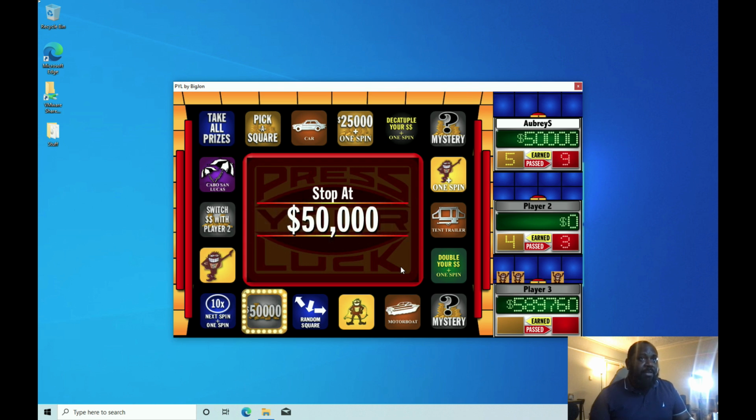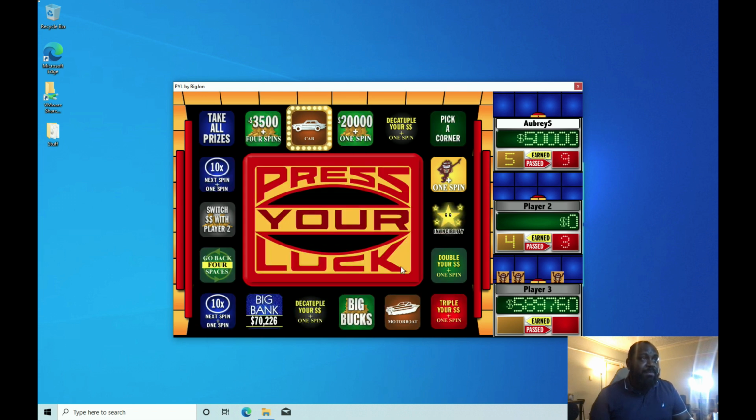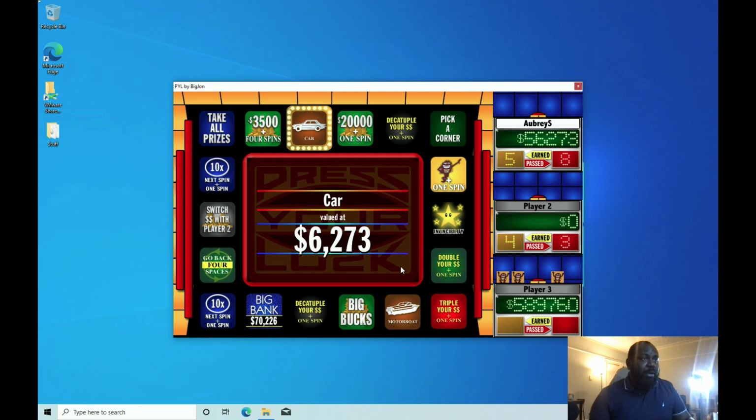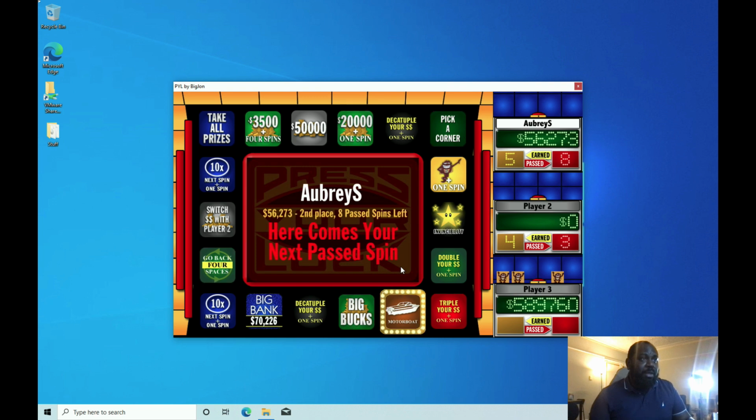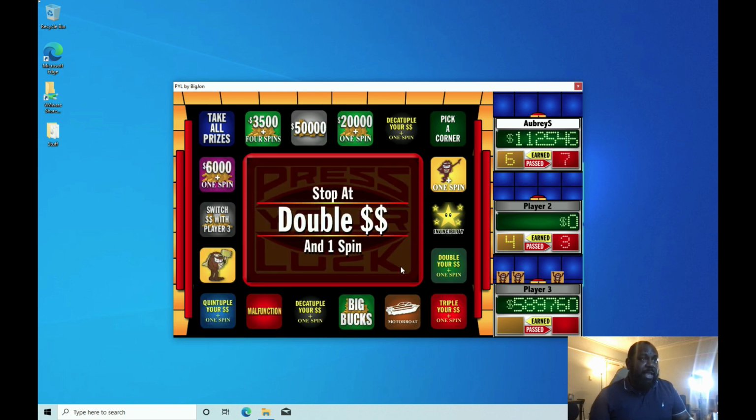So now I'm in second place, trailing by over $500,000 in prizes, and I have 9 earned spins that I have to take. I land on a car valued at $6,273. 8 spins left to go. Have to take all 8. Double the spin double the money plus 1 spin. So that puts me up to